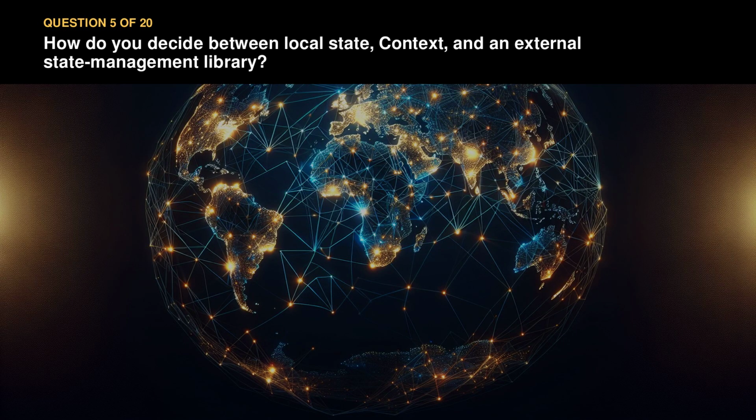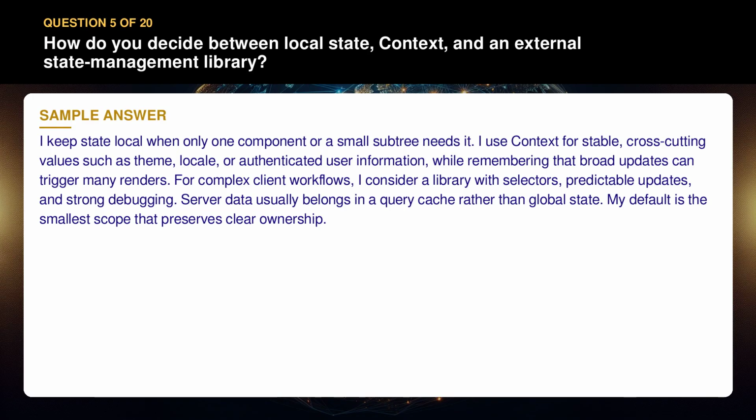Question 5. How do you decide between local state, context, and an external state management library? I keep state local when only one component or a small subtree needs it. I use context for stable, cross-cutting values such as theme, locale, or authenticated user information, while remembering that broad updates